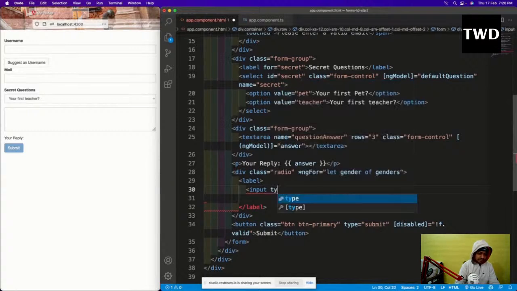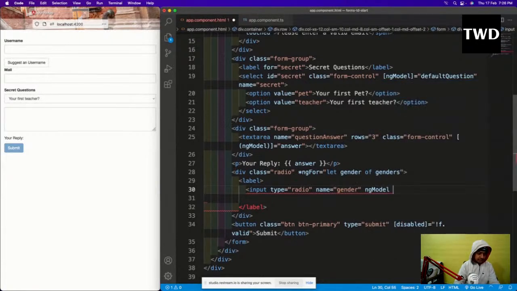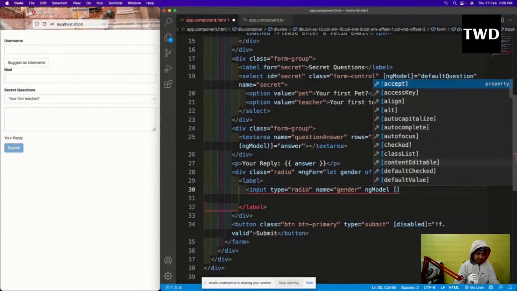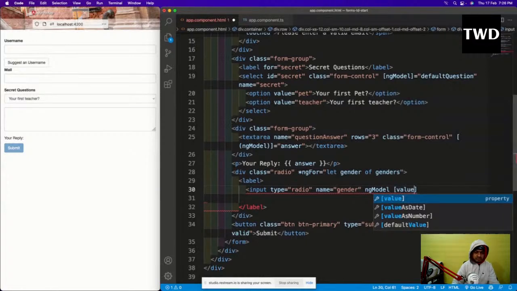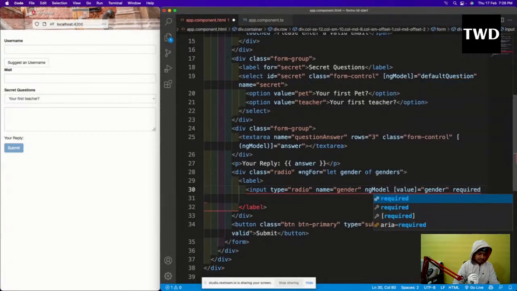Input type equal to radio, name equal to gender, ngModel, and value equal to gender, and required is there like this.